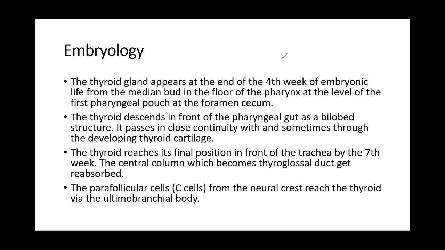So at the floor of the pharynx, at the level of the first pharyngeal pouch at the foramen cecum, the thyroid descends in front of the pharyngeal gut as a bilobed structure. It passes in close continuity with and sometimes through the developing thyroid cartilage. So you should know that this thyroid gland, if you remember the position of the foramen cecum,